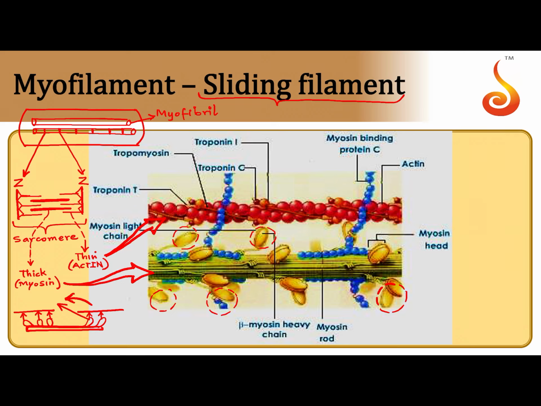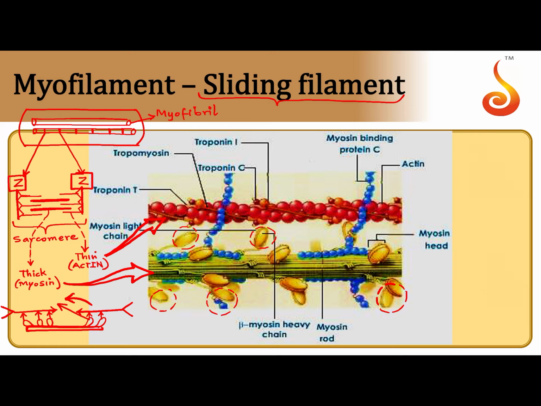When they rotate towards the center, remember they're already attached to these thin filaments on both sides, so they're going to drag the thin filaments towards the center, and when they drag the thin filaments to the center, the two Z lines are also pulled closer to each other. What happens to the length of the sarcomere? The length of the sarcomere shortens. Imagine if all the sarcomeres along the myofibril are shortening, the entire muscle cell will shorten, the entire muscle fiber will shorten, and that is what is called muscle contraction.